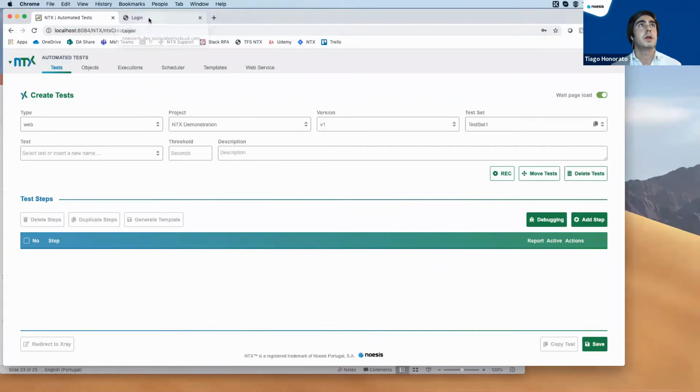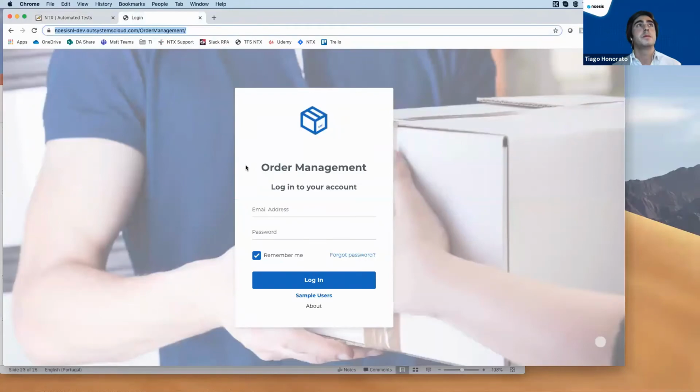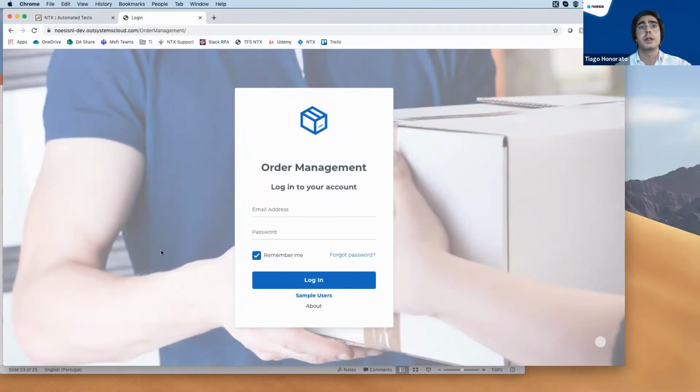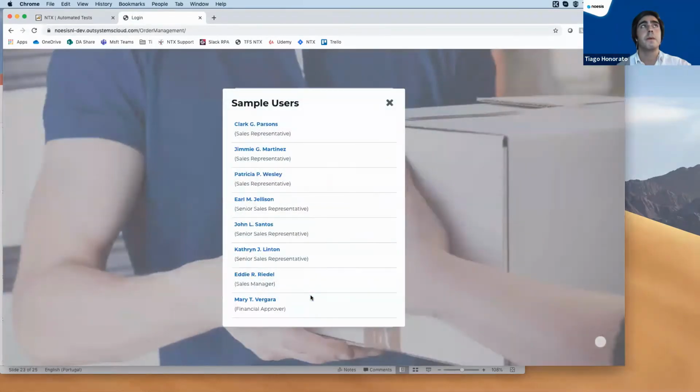So I have here an OutSystems application, okay? And the test that we will create is a very simple one, because we don't have a lot of time, but you will understand how NTX works. So in this page, we will click on sample users, okay?